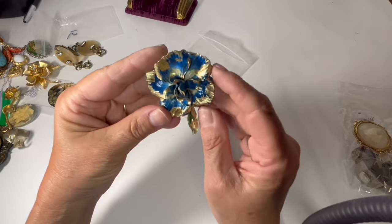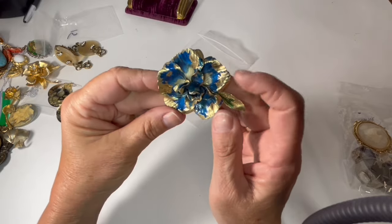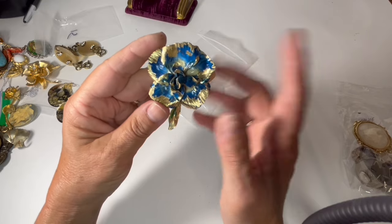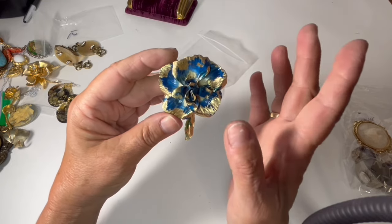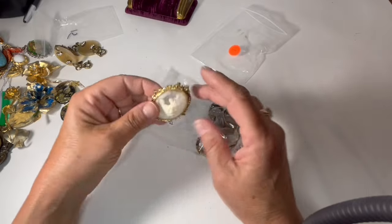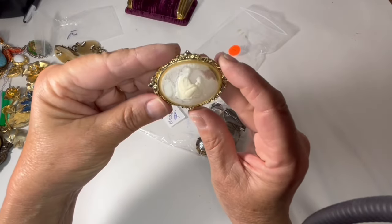It was only $1, and I don't know, maybe somebody will like it the way it is, or maybe I should chip off all the blue. Another question for you. Chip off all the blue or leave it as is? What do you think? And the last couple of things I'm going to show you, this is just a 1928